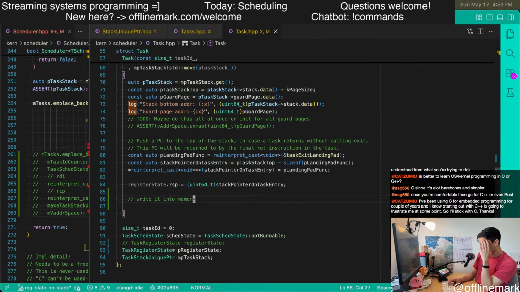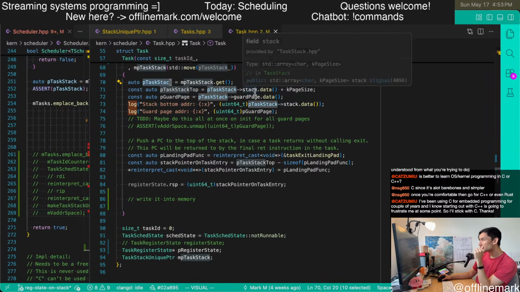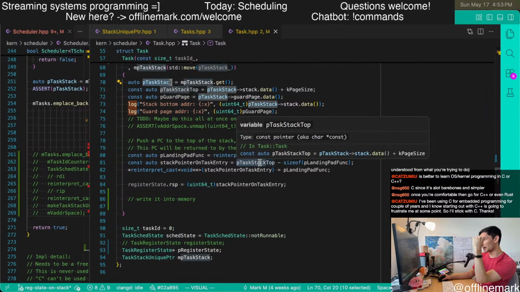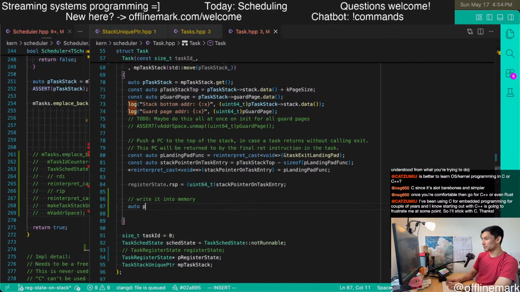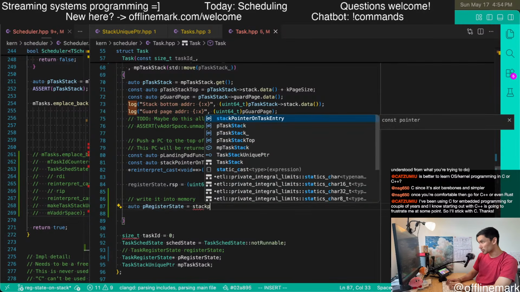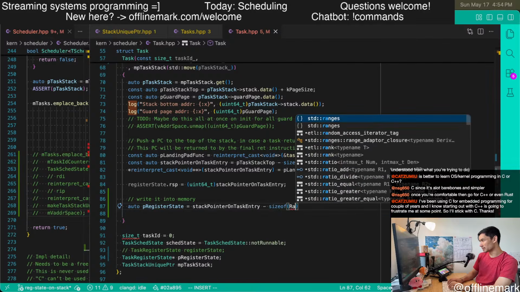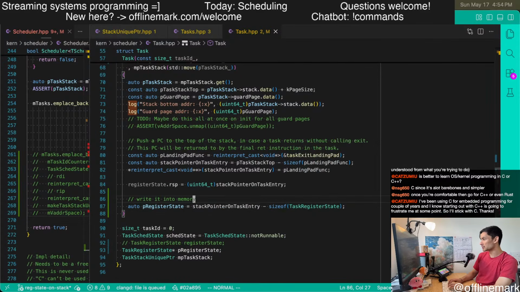And the way we do this is I need to get, so what does the stack look like again? So we get the stack top, right? We compute -1 pointer. Register state equals stack pointer task entry minus size of task register state.